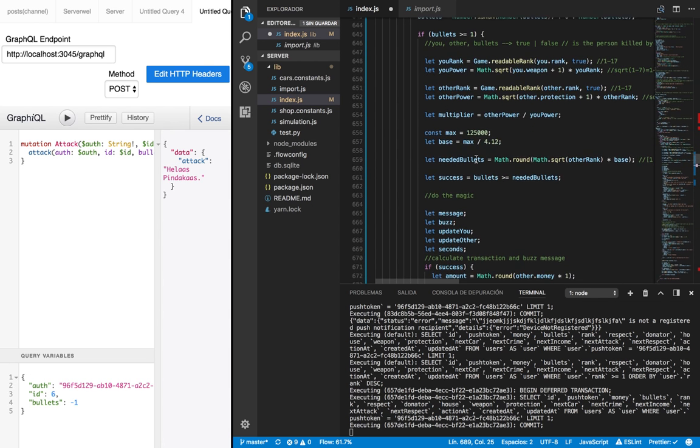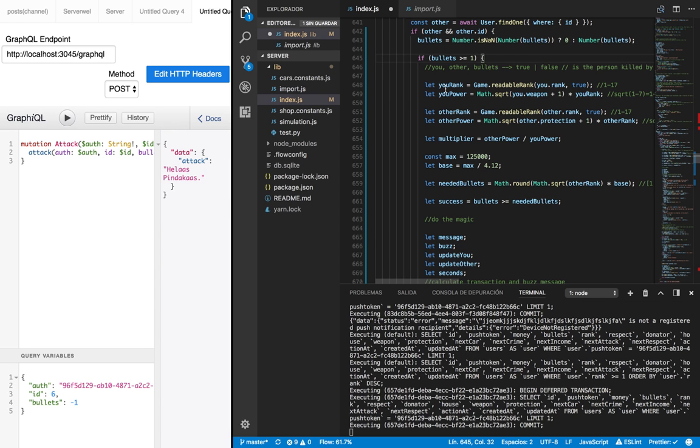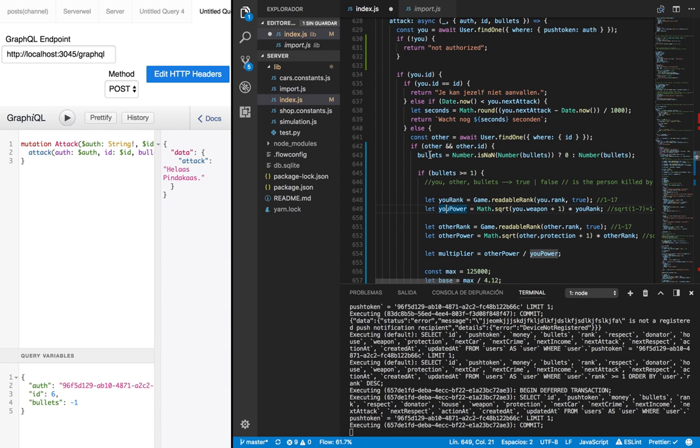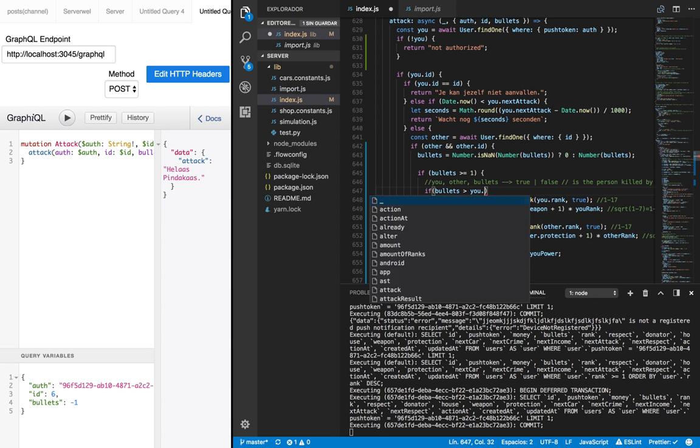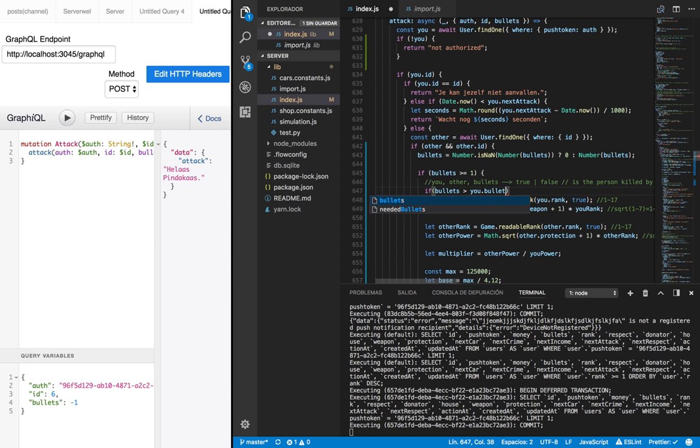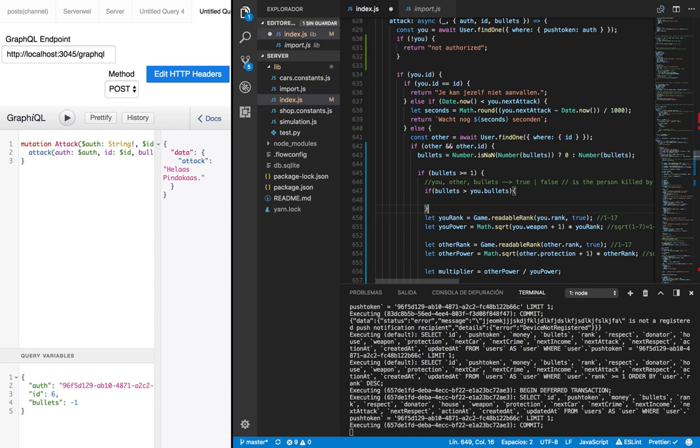But how do we make sure that you do have enough bullets? We can already verify that here, I guess. We know you